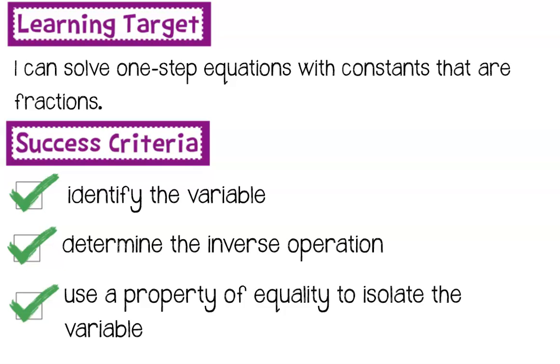Be sure that you know how to identify the variable, determine the inverse operation, that means opposite operation, and be sure that you use a property of equality to isolate the variable, to get the variable by itself. A property of equality is when you do something that is fair to both the left and right sides equally